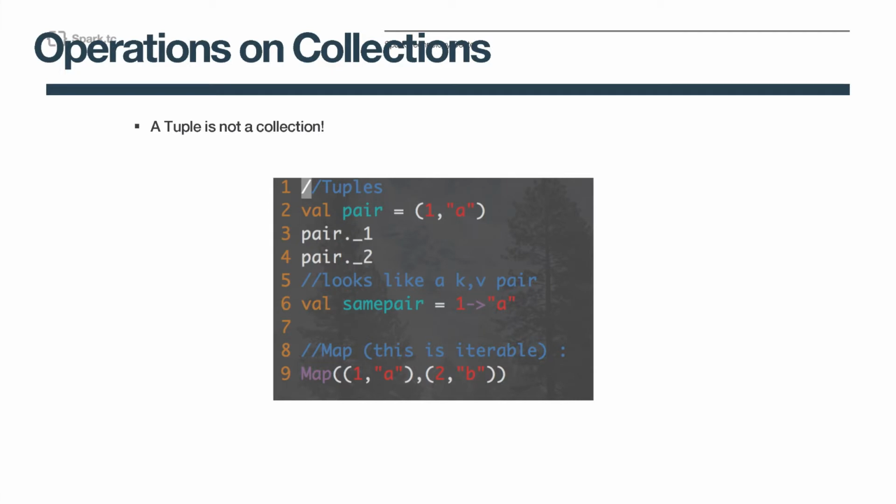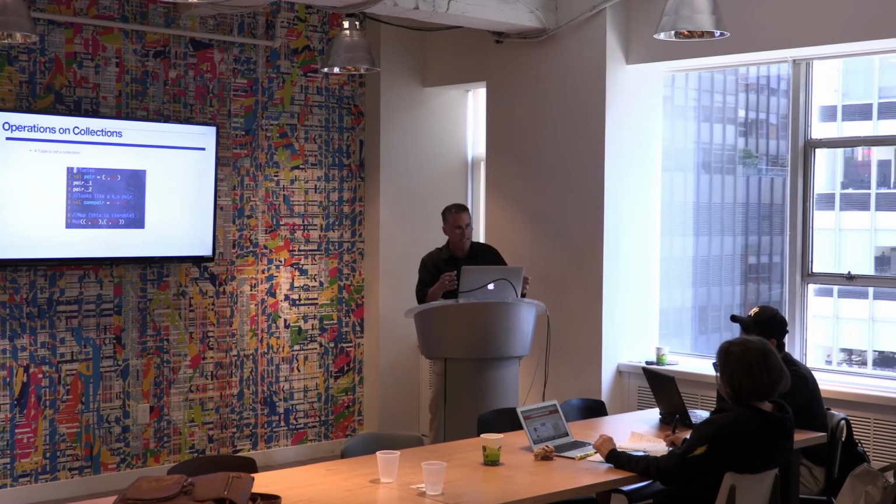So just to show you some of the basic operations on collections. The first thing that was confusing to me when I started learning Scala is that a tuple is the one thing that's not a collection. A tuple is basically just sticking a bunch of stuff together. It's kind of like a case class, actually, right? But here it's just parentheses, and you can access it by element, but the access model looks very different. It starts at